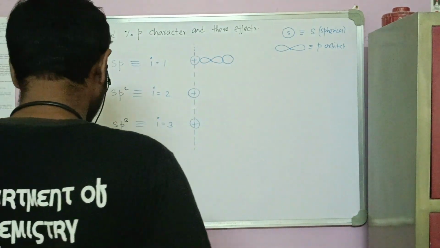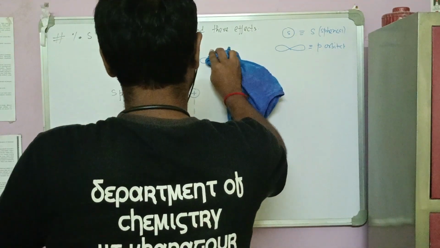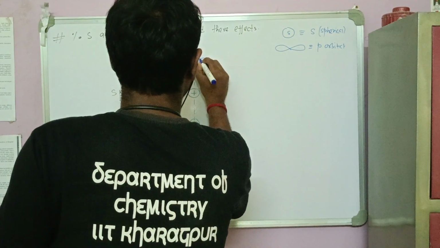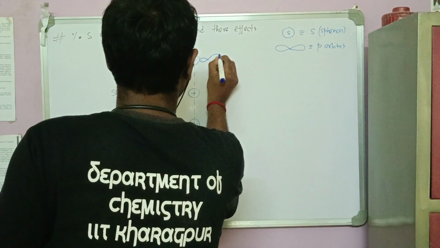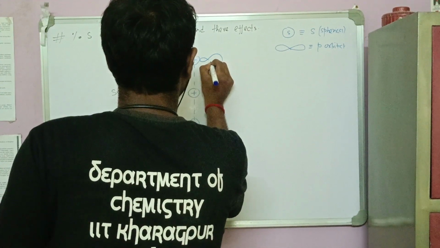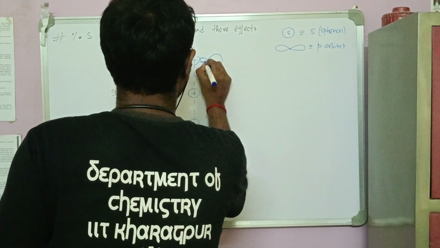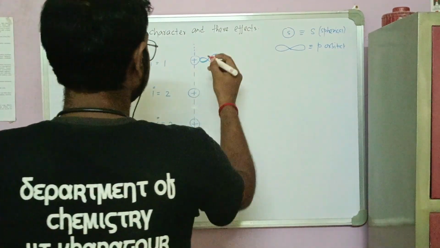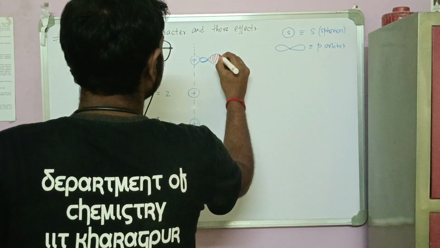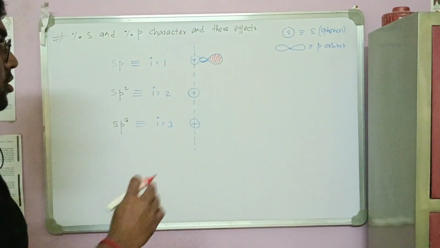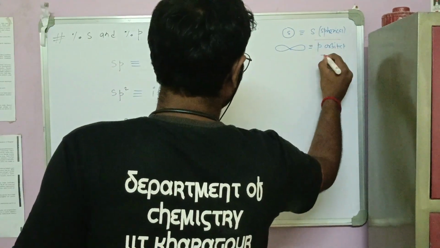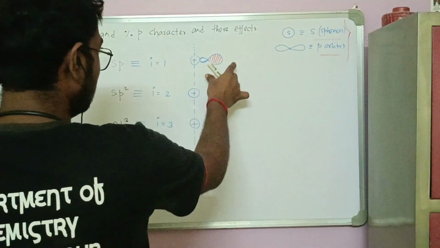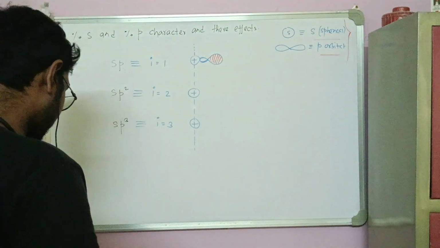They will mix with each other and form something like this. This is the hybridized sp orbital. Why? Because the size of one lobe is getting increased due to the s orbital mixing, because s is spherical and p has two lobes, so upon mixing we get this type of shape